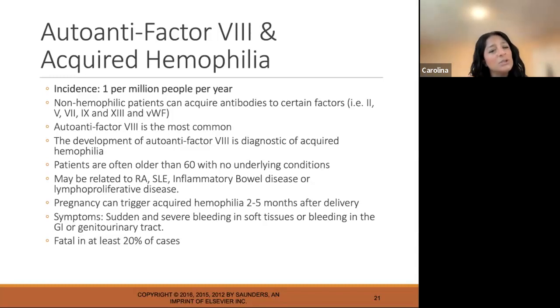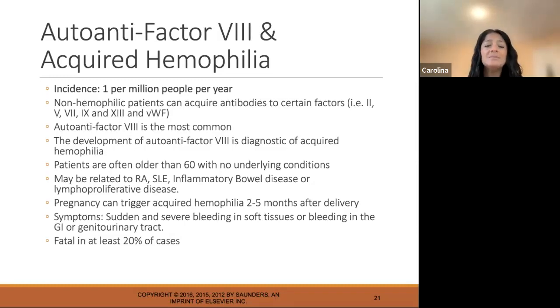And here patients are usually older than 60 years old and usually don't have any underlying conditions. But this is an antibody, it's an autoantibody. It could be produced due to some autoimmune disorders like rheumatoid arthritis, systemic lupus, okay? Some people that have inflammatory bowel disease or lymphoproliferative disease will have the formation of this autoantibody to factor VIII. Pregnancy can also trigger this kind of condition. So you would see it in younger women of childbearing age. And you would know it's acquired hemophilia because an autoantibody has been produced about 2 to 5 months after delivery,